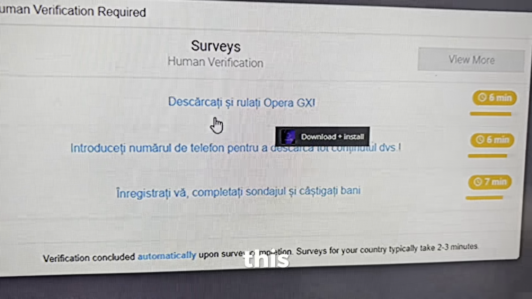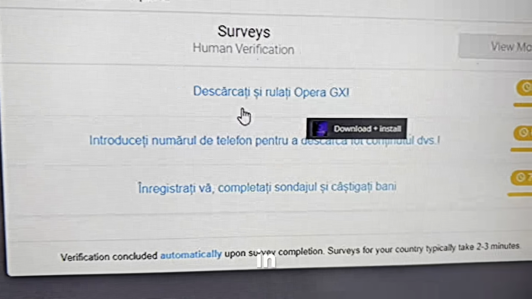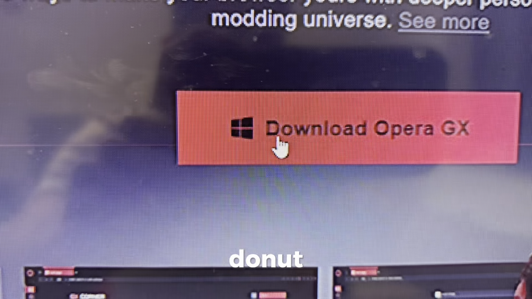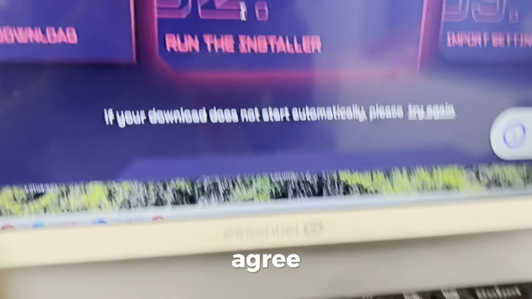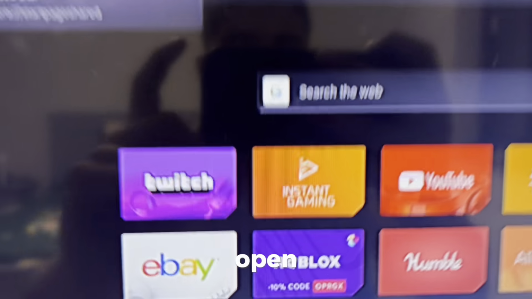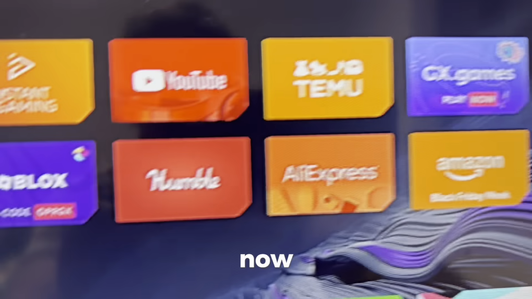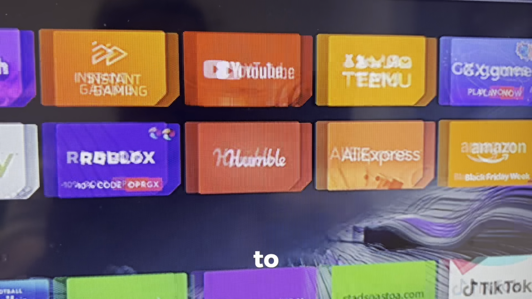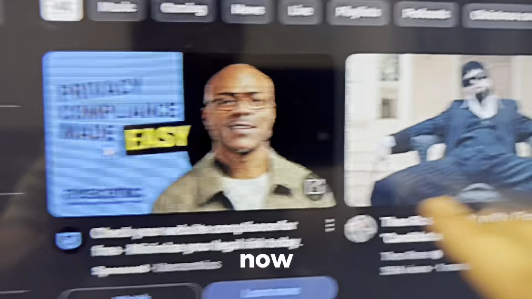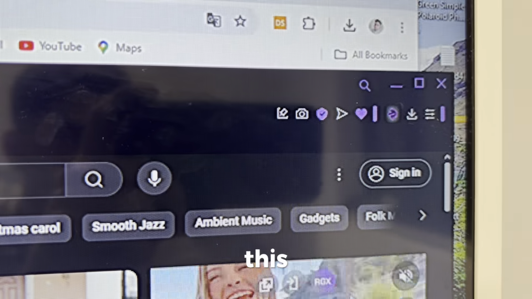I complete this. You need to download and run Opera GX. Now I download. I press this button to download, and now I wait for the download, and I will come back. Good, I open Opera GX, and now you need to open YouTube and so on to run. Good. Now you can close this Opera browser,